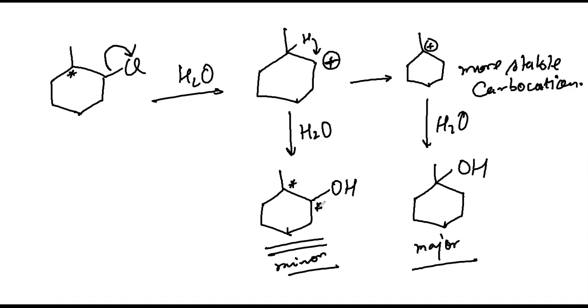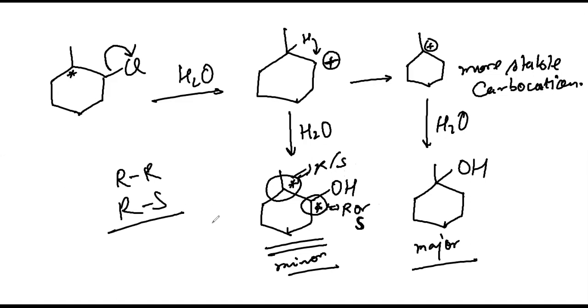So I will say one thing. It could be either R or S. I don't care about this. This could be either R or S. It will not be both. It will be just one only. And what about this? It will be both R and S, so you'll get a combination: RR, SS, RS. Either this will happen or this will happen. So will racemization occur? No, sir.